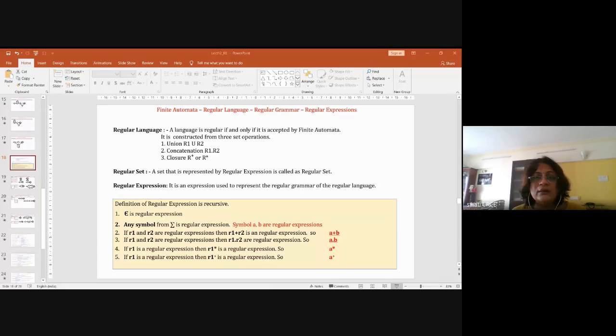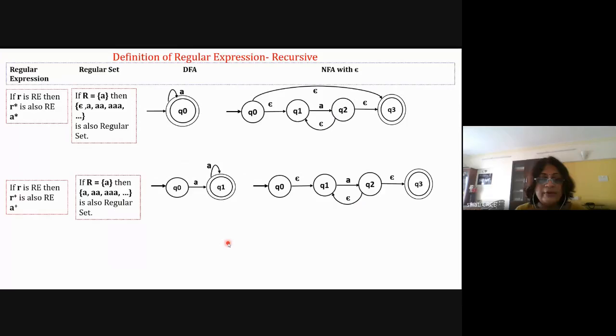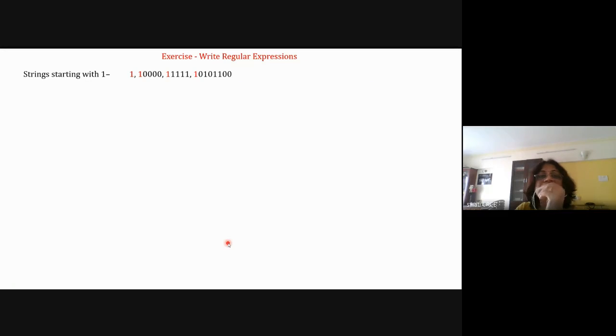Okay. And now I'll post the assignment for you. Please do the assignments. Otherwise, it's difficult to understand. So let's solve the problems. Actually, this lecture is fun if we are doing it with the blackboard. Then I would ask you to write the regular expression. But now with the presentation screen, I am not able to see you. So we will try. Still, we will try. Okay. What I'll do is that first I'm showing you the problem statement. Okay.